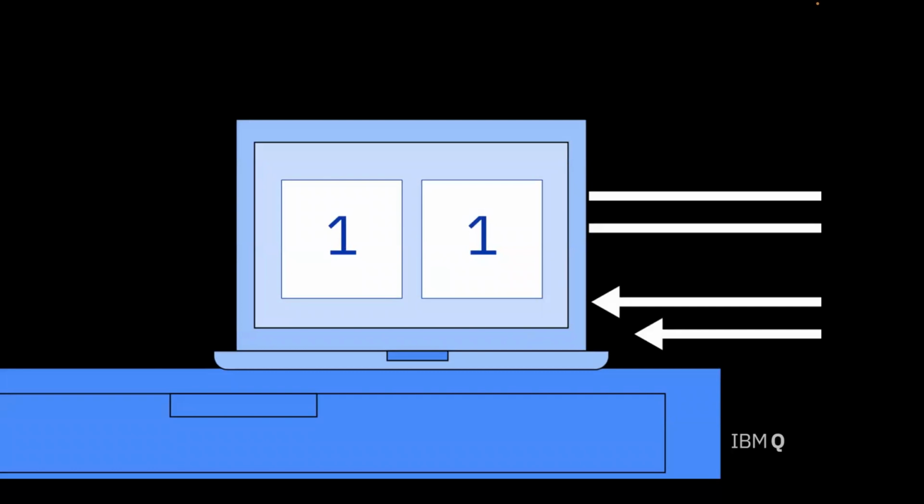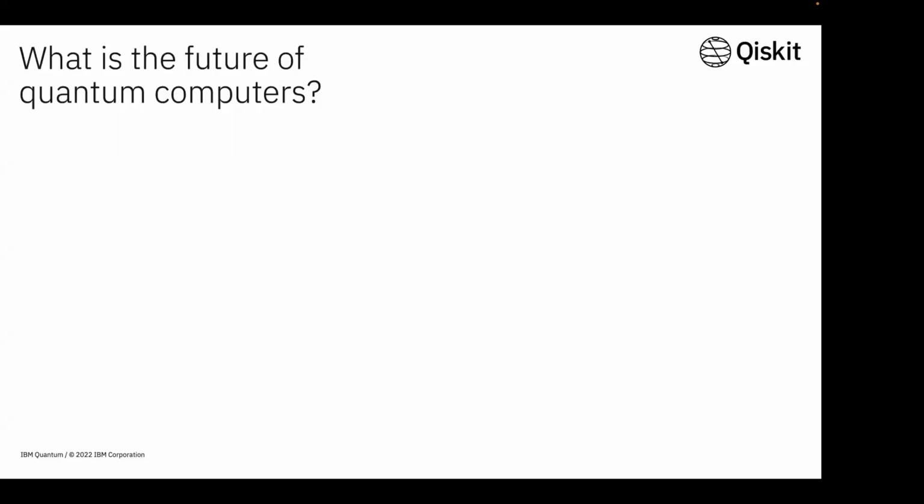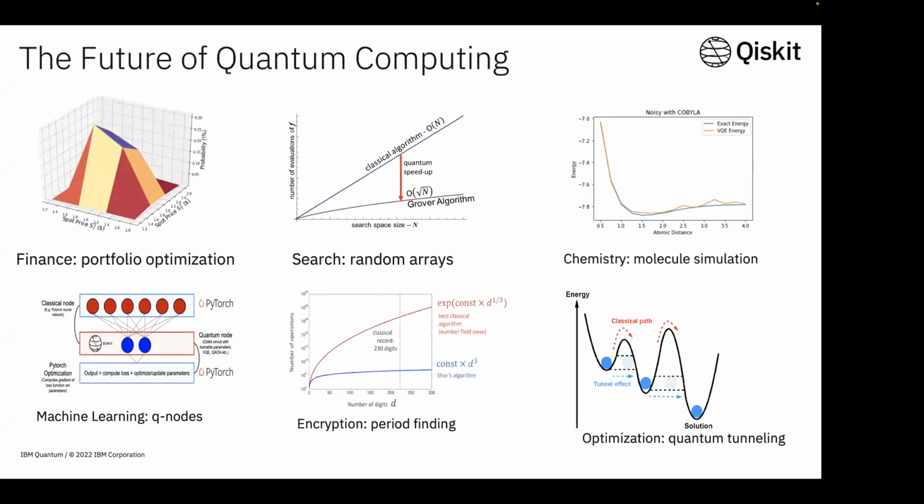So this is one of the ways that we at IBM make quantum computers accessible to you via cloud technologies. So let's talk about some of the future of quantum computing. There's a lot of hype in the market, but where will quantum computers actually be used? We'll be seeing it now. These are some of the areas where quantum computers will be used. It is not limited; we have more applications, but in this slide I have just put 6.